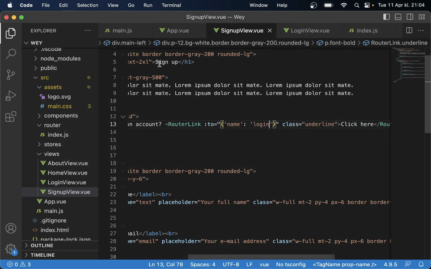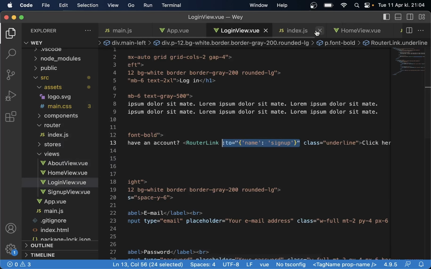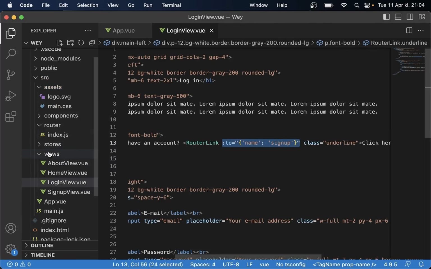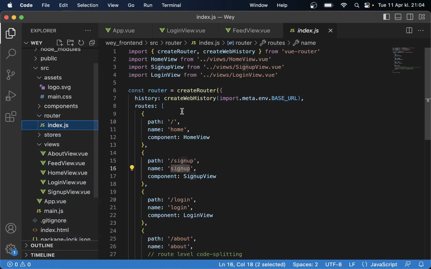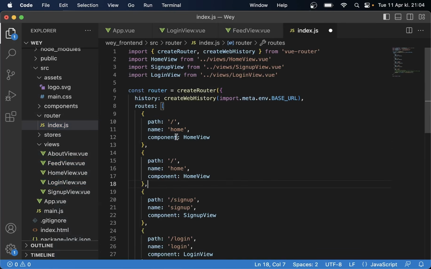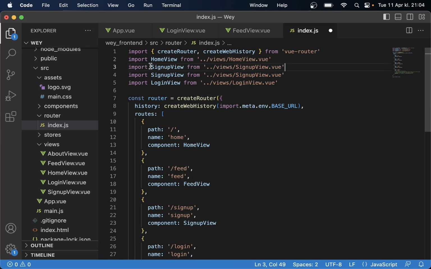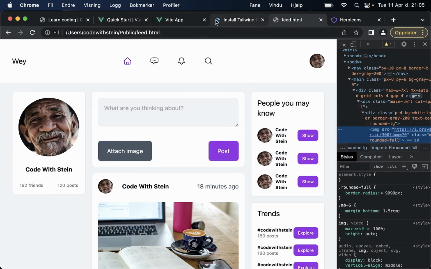If I just go back to the code here, I can start closing a little bit of this just so it's a little bit clearer. So in views here, create one more file, Feed.vue, and then I can import it to the router just so I don't forget it. Feed Vue, and then import it. Feed Vue. So then that is done, and if I now try to go here